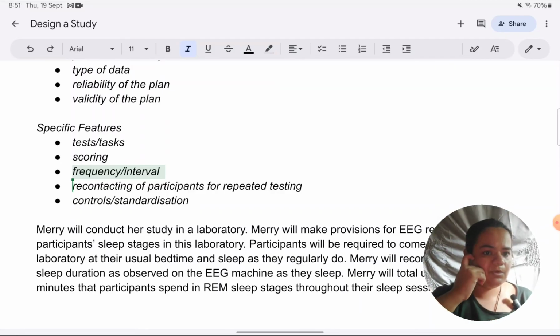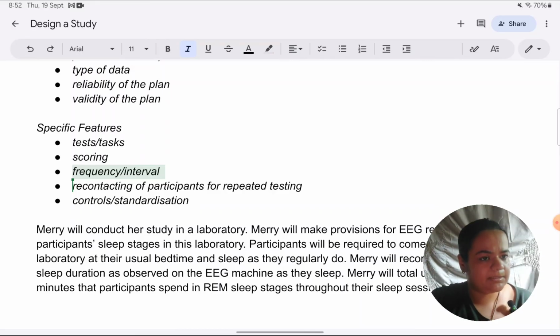Another mistake that students commonly make is they'll start thinking about how practical is the plan and all. Like I said, it should be logical and practical, preferably. But I remember discussing this answer in class also, and someone told me that Mary will become very old herself. And what if she expires in the course of the study? Who will continue the study? See, no doubt those are practical considerations, but it is understood if really this study had to be done, then Mary would be having a team which would follow up the study even after she is no longer there. So such studies happen in psychology, longitudinal studies. You are not to worry about those things.